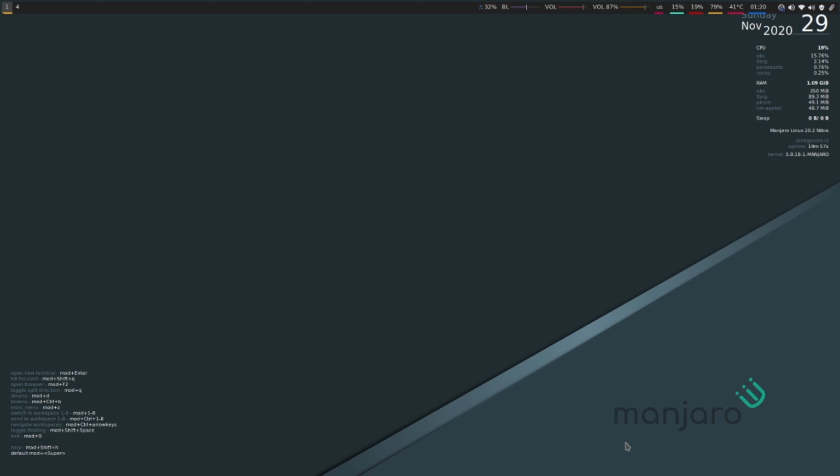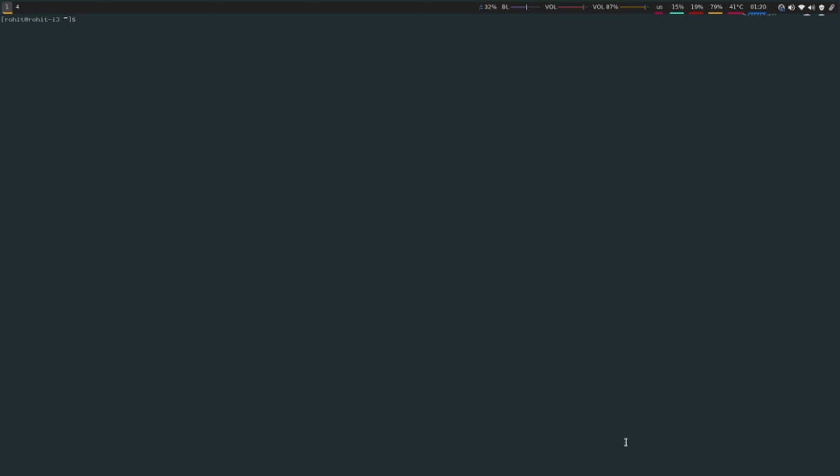Today I will show you how to install VS Code in Manjaro. So there are two options. First, we can use our terminal like sudo pacman